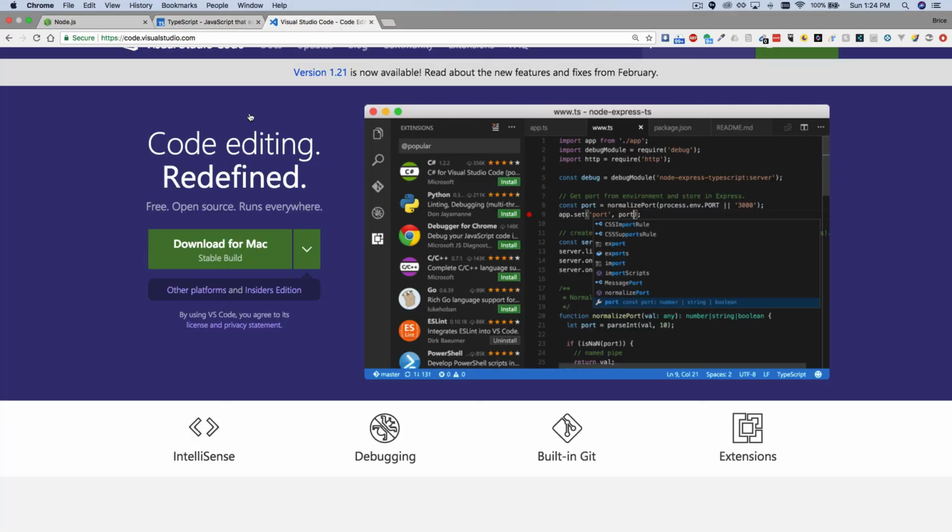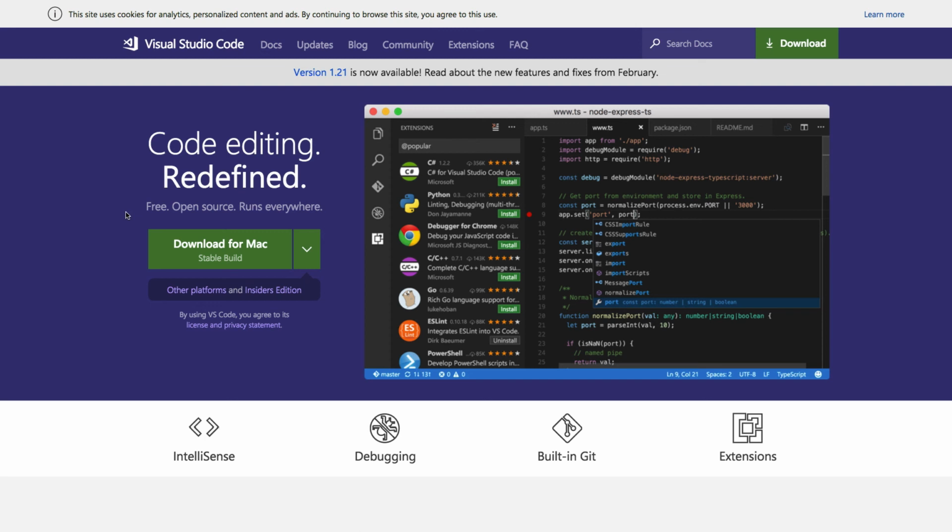So next we need an editor. The editor I recommend is Visual Studio Code. It has great support for TypeScript. There's a big button here, download for Mac, probably says download for Windows or Linux, etc. So go ahead and click that, download it, and then once it's downloaded, double click to install and go through the install